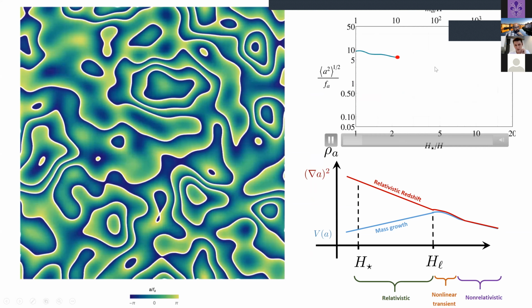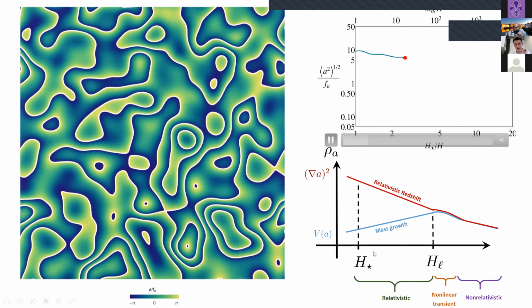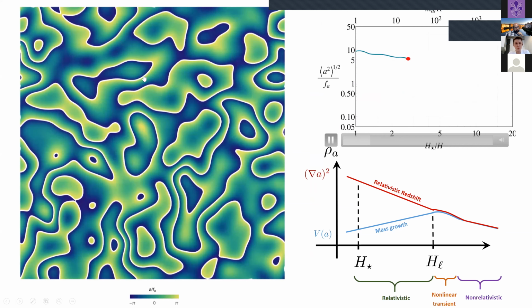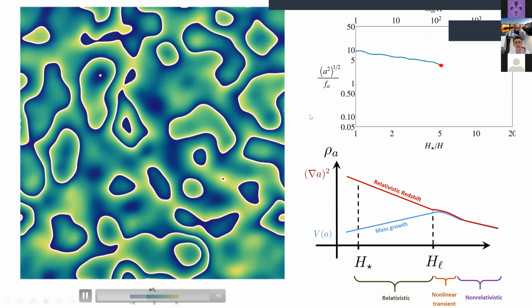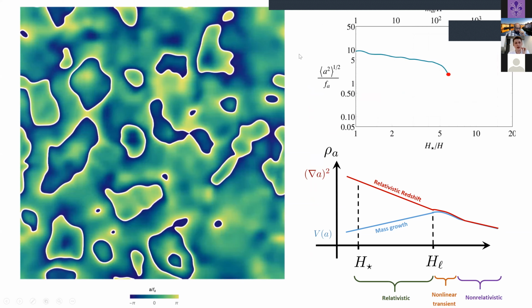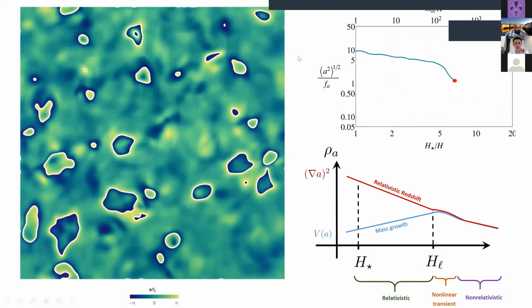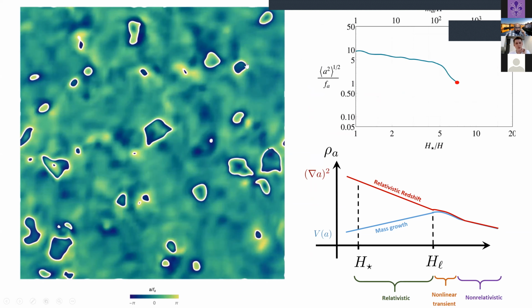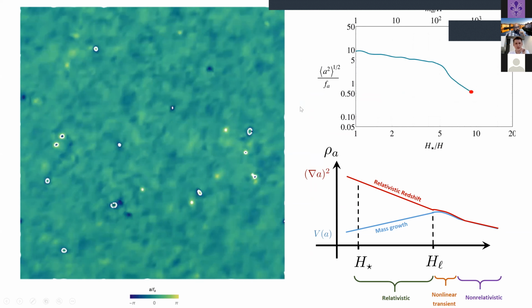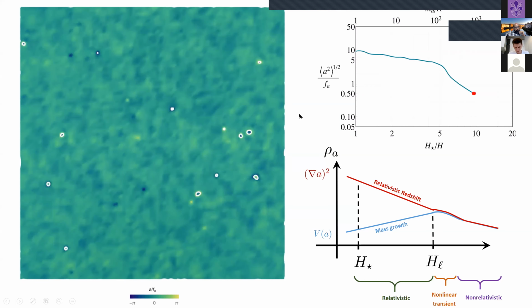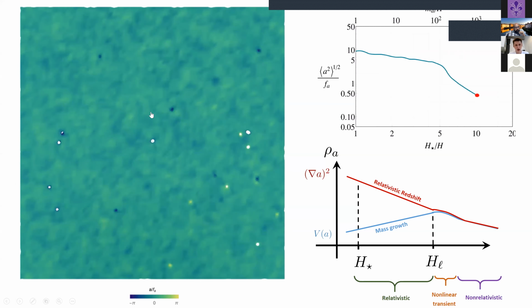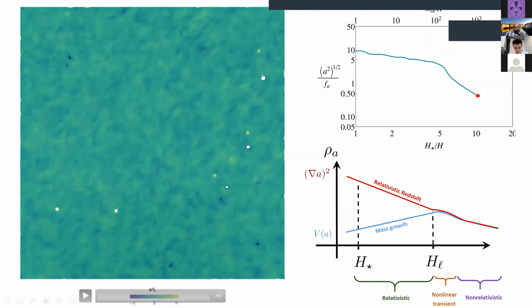At the time when the potential is equal to the kinetic energy, these domain walls will collide and form what are called oscillons, which are small objects that don't affect much the number density of axions, and everywhere else the axion is in the linear regime, and we can calculate the non-relativistic number